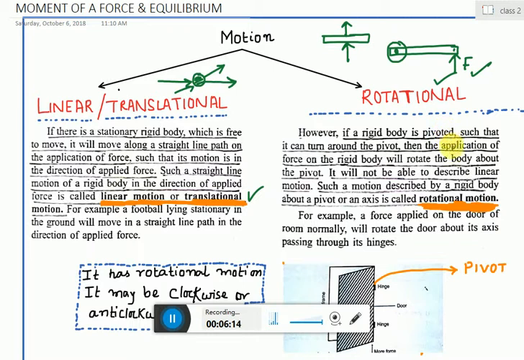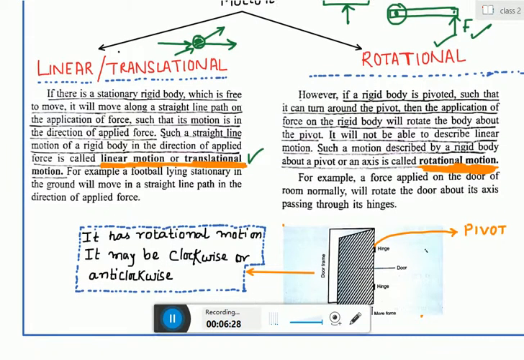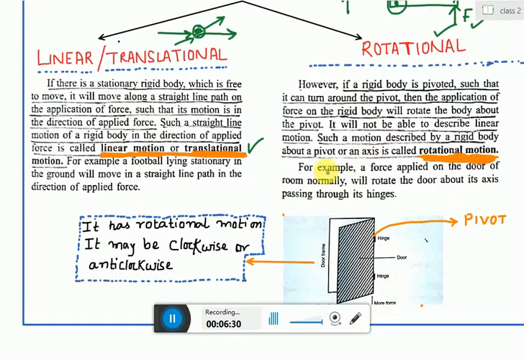So I hope the rotational motion is clear to you. If a body is pivoted around a point, it will show rotational motion. If it is free to move, it will show linear or translational motion. For example, here a nice example is given. Right now, if a force is applied on the door of the room,